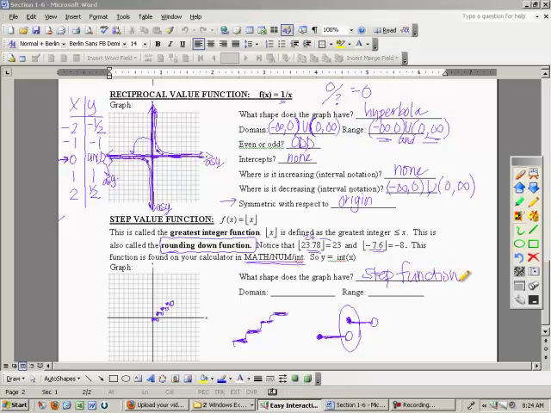The domain, I can put in any number I want. Any decimal, any fraction, zeros, positive, negatives, it doesn't necessarily matter. It's the range that is the issue, and the only values I get for the range are those whole numbers, positive and negative. And the way we say whole numbers that are positive and negative is we say integers, and there is no way in interval notation to actually be able to write that, and so all I need you to say is integers. Okay, before tomorrow, please make sure that you can get this step function into your calculator,